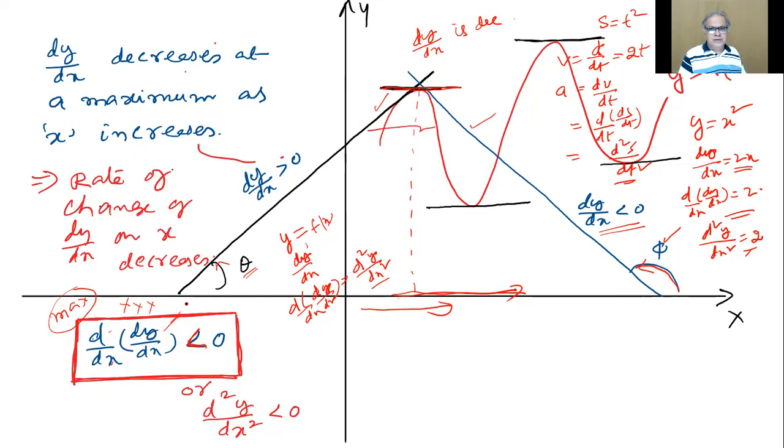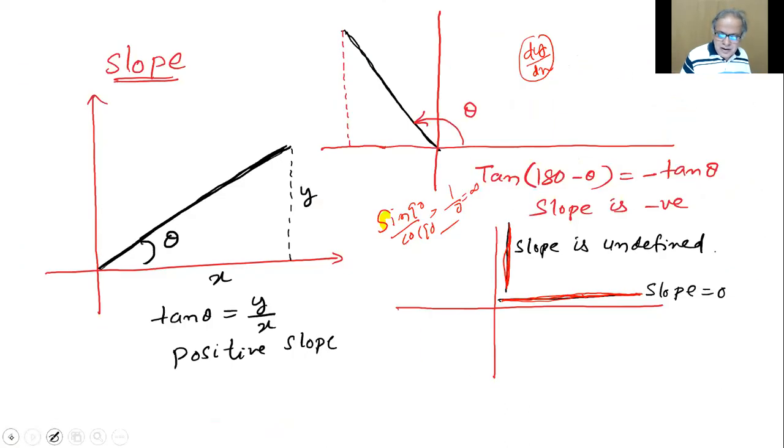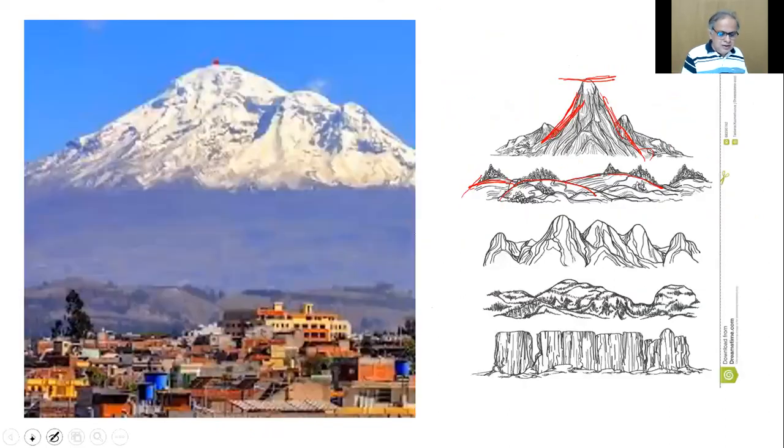At which point will it be 0? This is zero slope. This is a horizontal line. I already told everything in the beginning. For this line, slope is zero. For this it is undefined. This is positive. This is negative. So that is taken care of. Everything is connected.